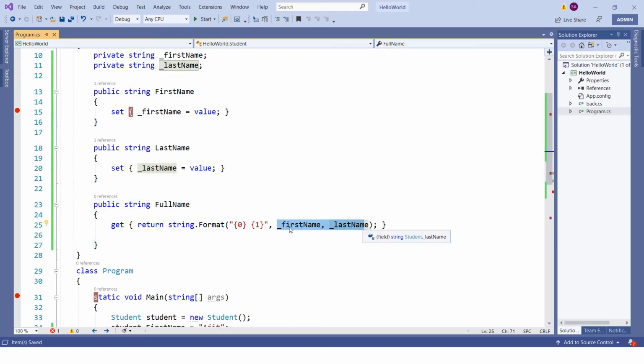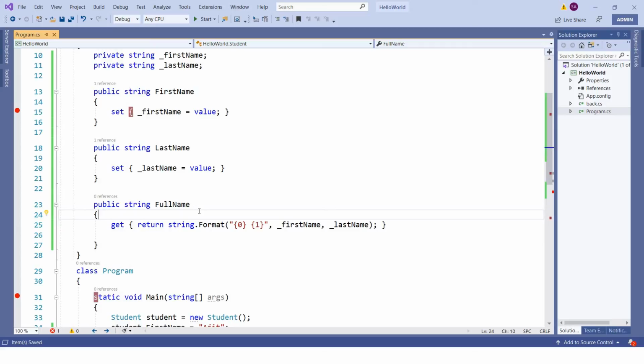There could be a scenario where you will not be exposing this, and based on this you will be returning something else. We will discuss those scenarios later on, but for now just understand that a property is nothing but a special kind of data member, an extension of a data member, which deals in accessors. The accessors are of two types here, getter and setter, or we can say get accessor or set accessor. You can have any one of them, or you can have both of them inside the property.